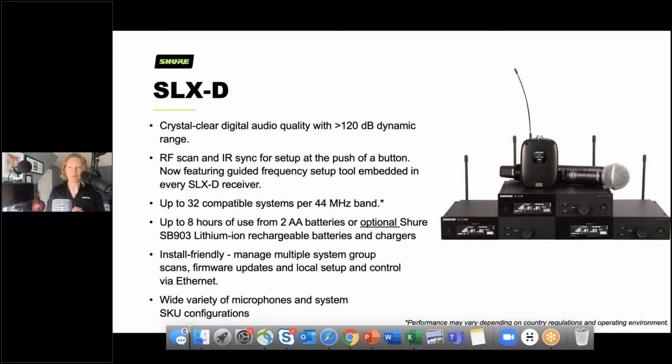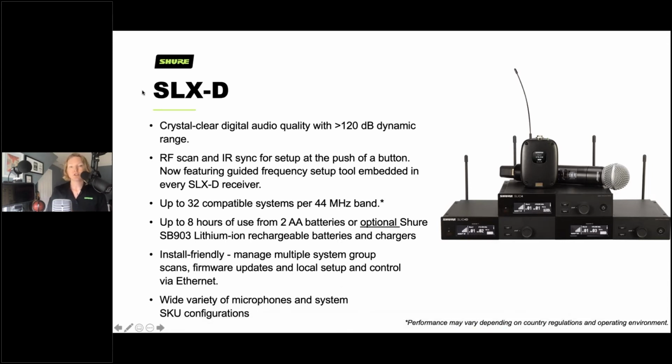But just to keep it top level, I get the fun job of introducing the shiniest new wireless system that we offer, and it's called SLXD. This comes from our SLX line and is now a digital version, and it can cover up to 32 compatible systems per band, which is one of the key selling points of this particular system, as well as the ease of use. So if you have someone who needs to use a system and have access to it, be able